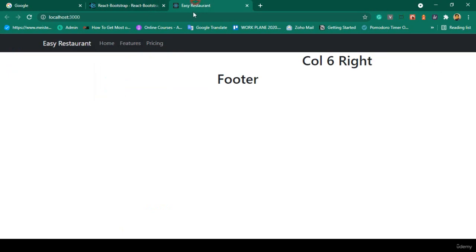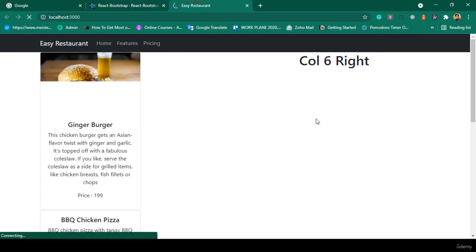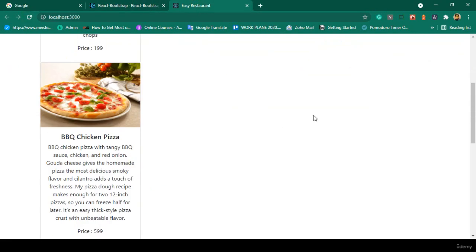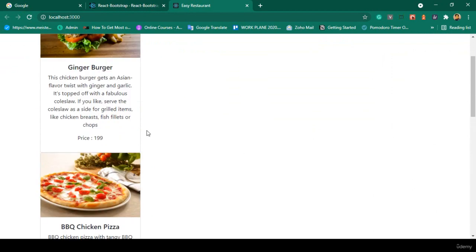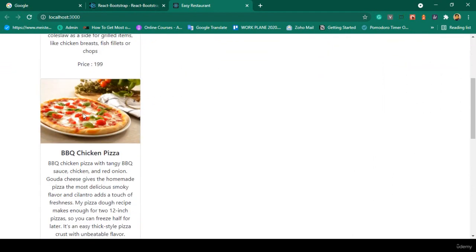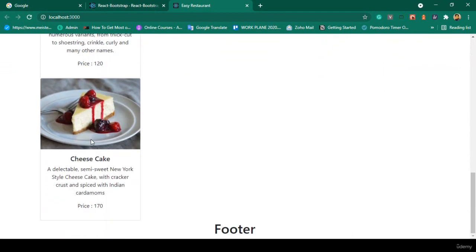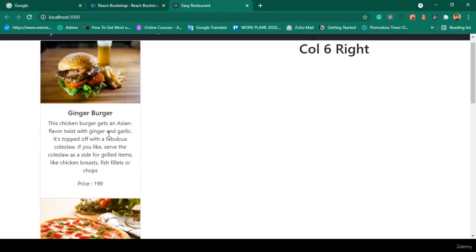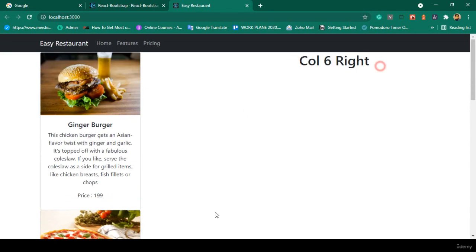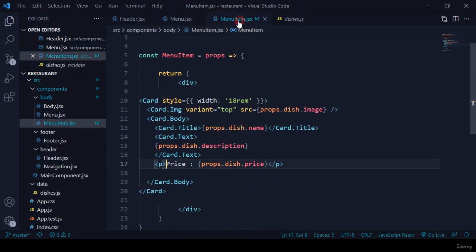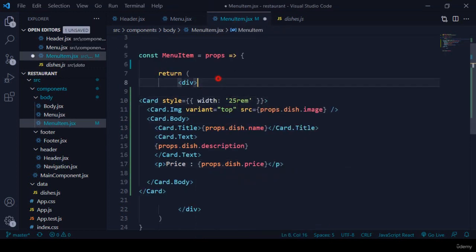Now if you go to our page and refresh it, you can see it's now successfully loaded all of our data. Right, now the four data, as 1, 2, 3, and then 4. I want to put some width. You can see there is also another col-6, right? So now I want to go there. There is our card. I make it 25